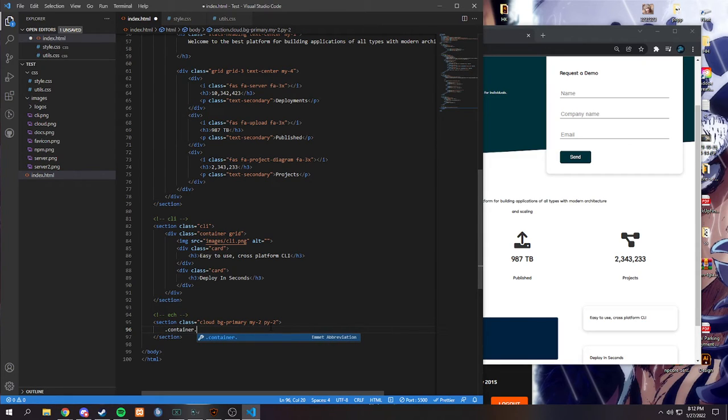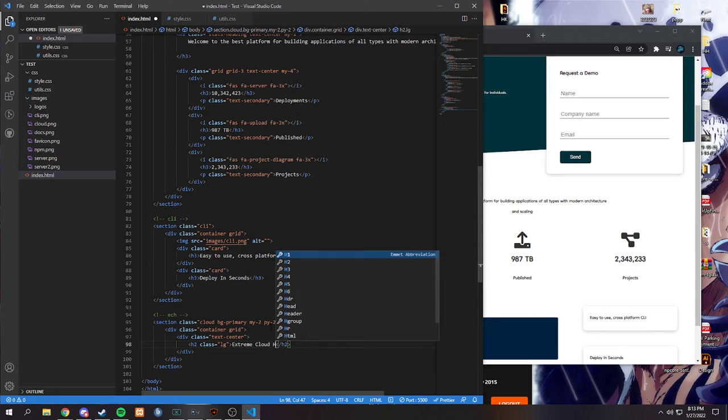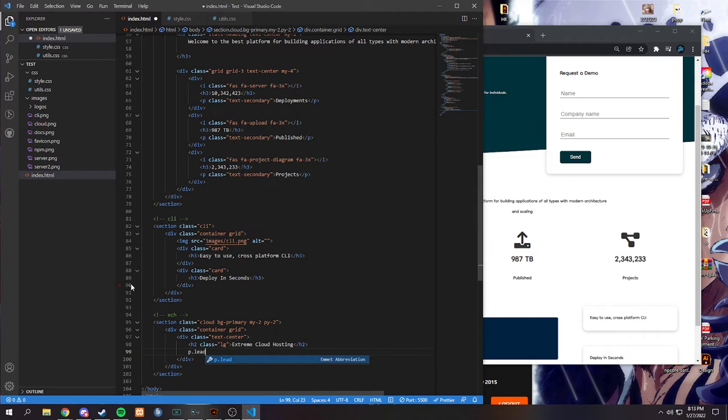Container dash grid, and we're going to center everything, dot text center, and we're going to have an h2 in here, where he's going to have different size clashing, so LG for large, extreme cloud hosting, and we're going to want this one to lead, so it's going to be p.lead dot my-1, and cloud hosting like you've never seen,